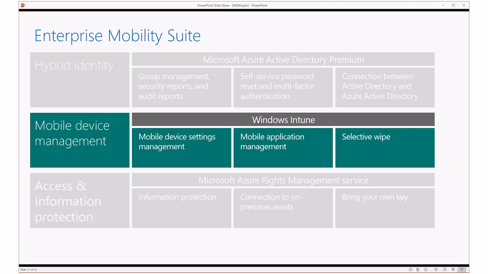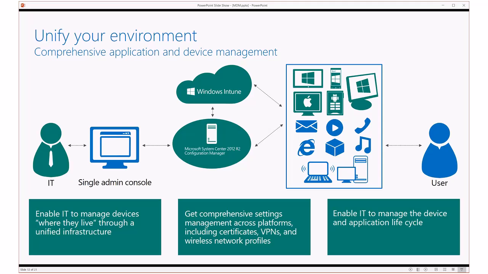All right, so moving to the next section. Once we get the identity portion, where you have a hybrid identity, people are able to access their applications and everything from different locations, and they're using self-service, as new and enhanced capabilities. Well, now we want to control the devices that they're connecting from, right? So we're making sure that we're securing the identity, and now we're going to secure the device itself and manage the device itself, right?